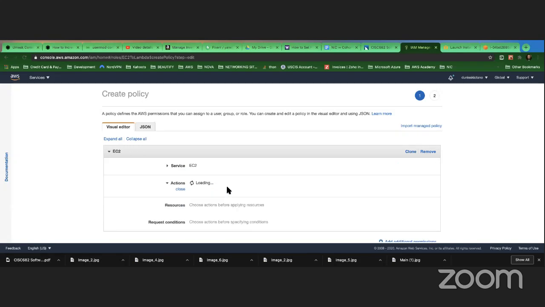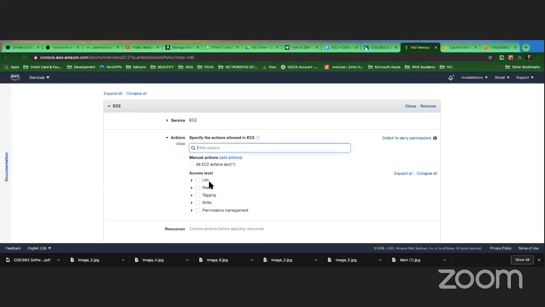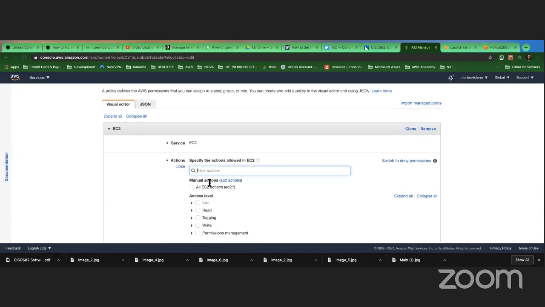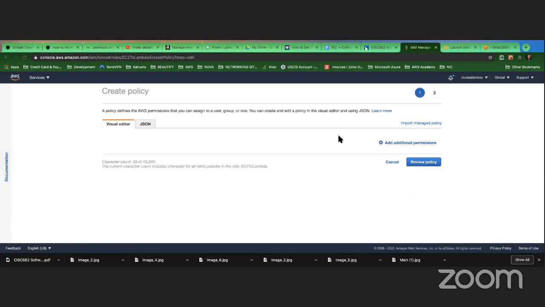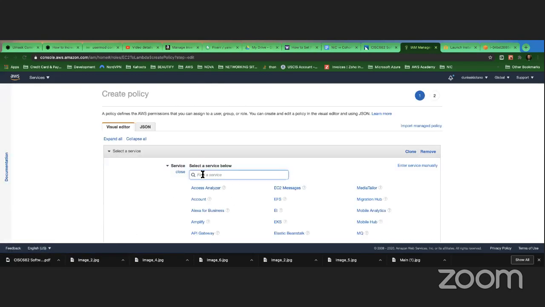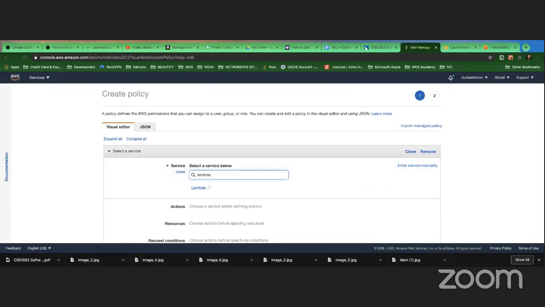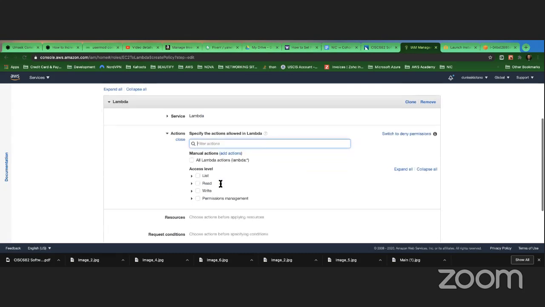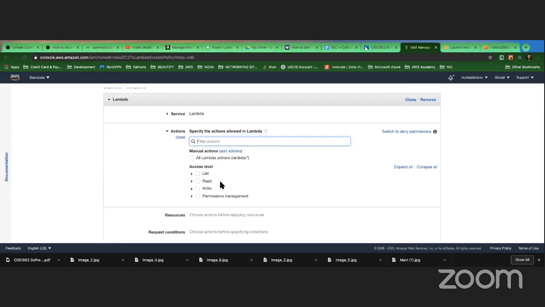We're going to add an inline policy, and we're going to put Lambda. What I'm doing doesn't make sense, guys. It's just for you to have an idea. Because if I have full access to Lambda, why would I add an inline policy? This is for when we have a service that you don't have full access to.